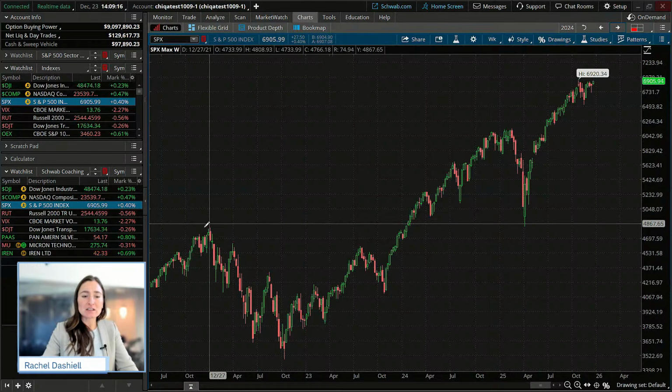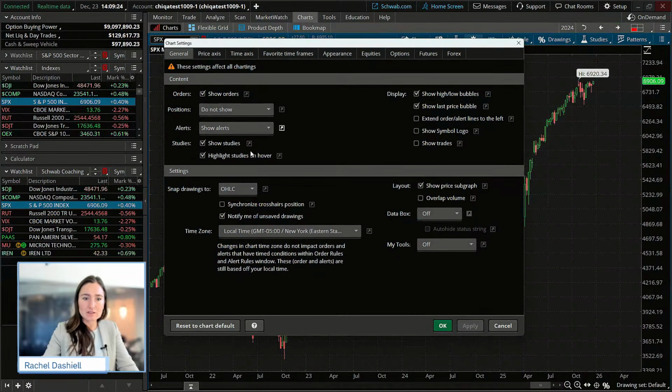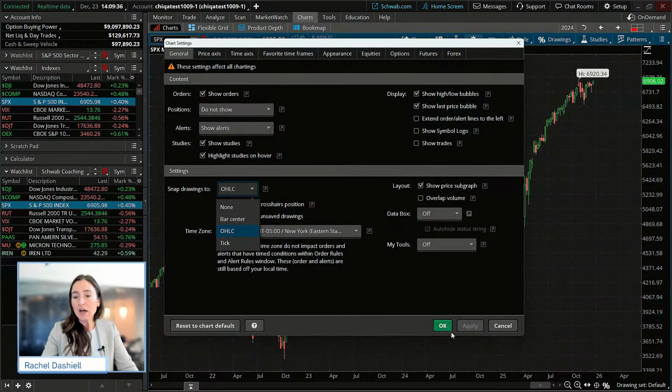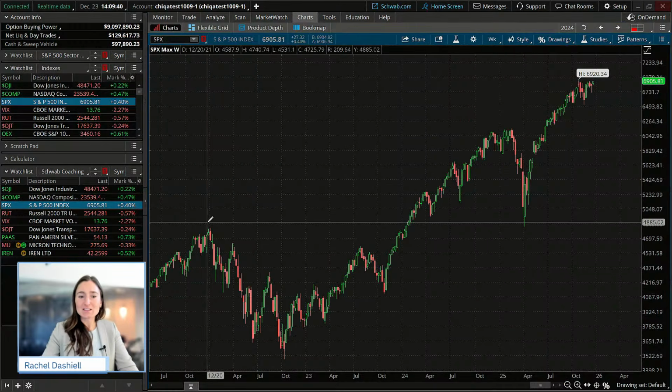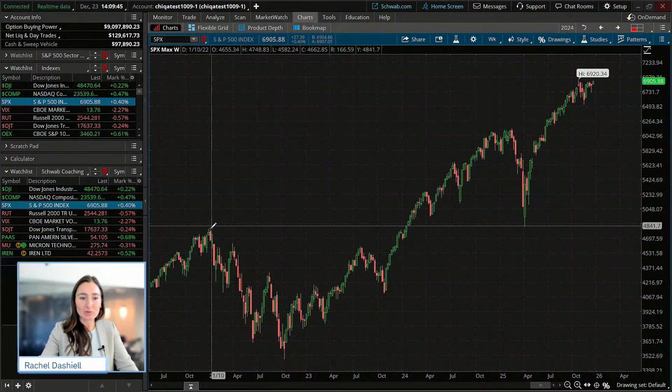So something that makes it easier to use drawings on Thinkorswim is this nice little setting under charts. It actually pegs your drawings to the open, high, low, close, rather than making it kind of hard to stick that to a particular candle. So in the chart settings, just make sure you snap your drawings to the open, high, low, close. I promise you it's going to make your drawings a lot easier to make, especially with trend lines, price levels, and especially with the Fibonacci